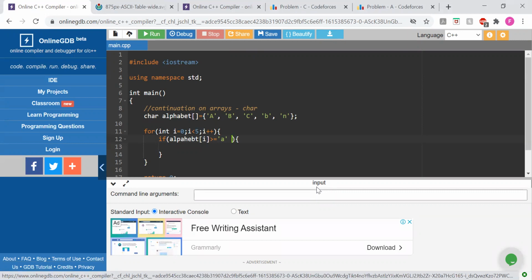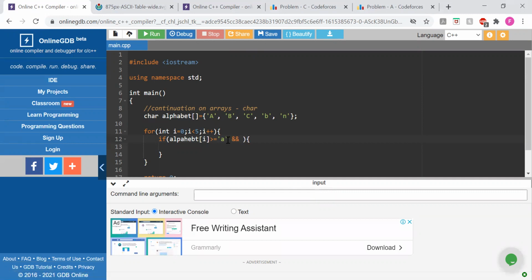And. Perfect. And alphabet i is less than or equal to 'z'. Absolutely, 100%. So here, what we did was we're basically just checking. For now, we're just checking. So is alphabet i equal to 'a' or greater than 'a'? And alphabet i is less than or equal to 'z'. So it's going to go through a, b, c, d up to z, but lowercase in this case,